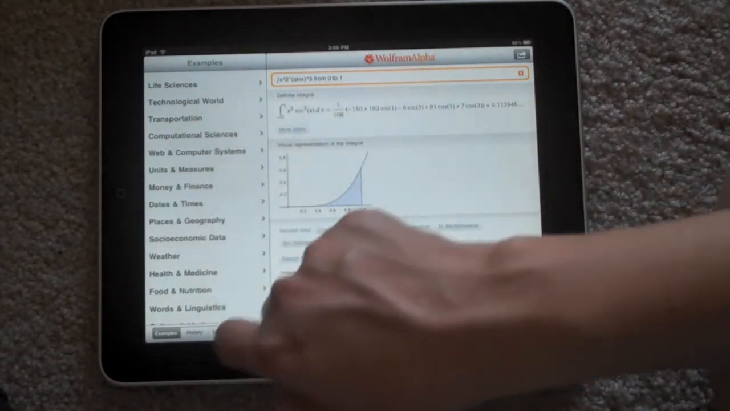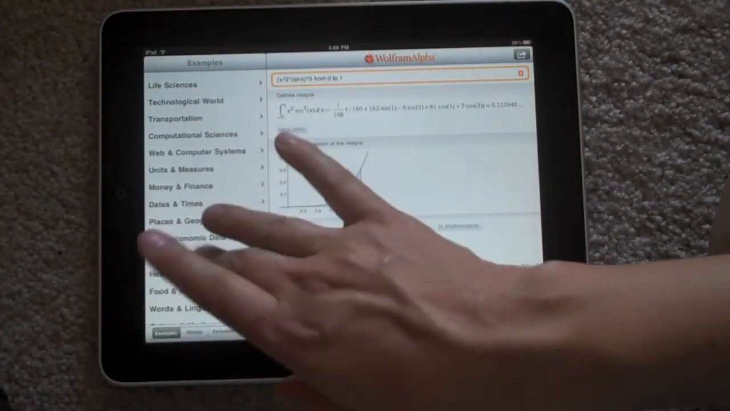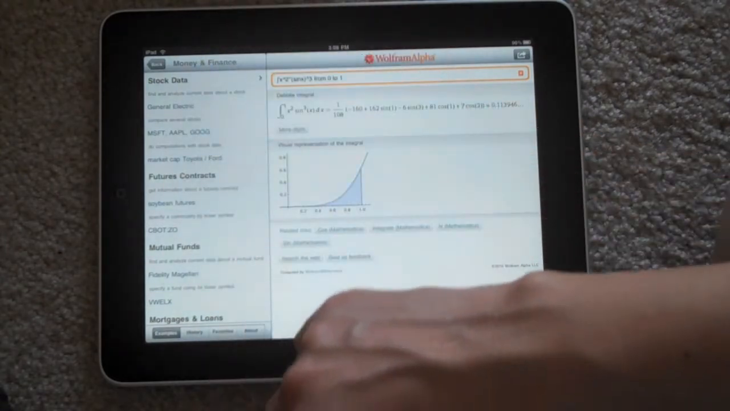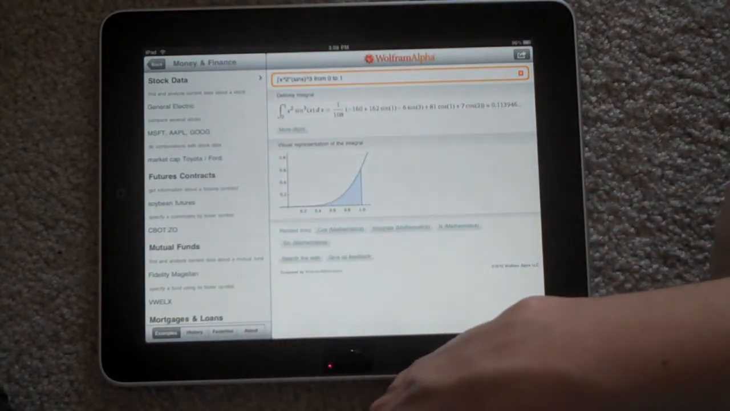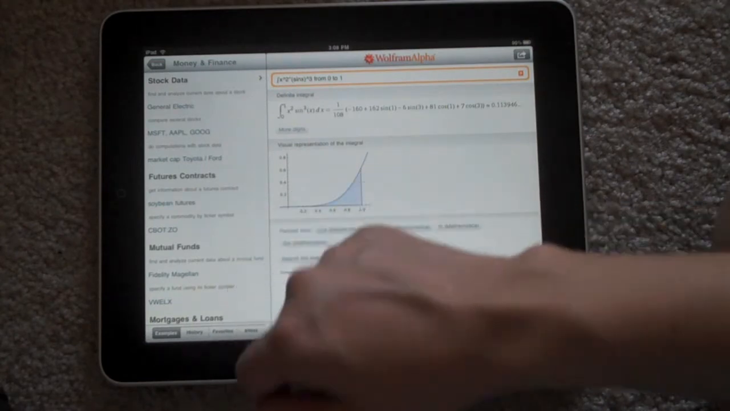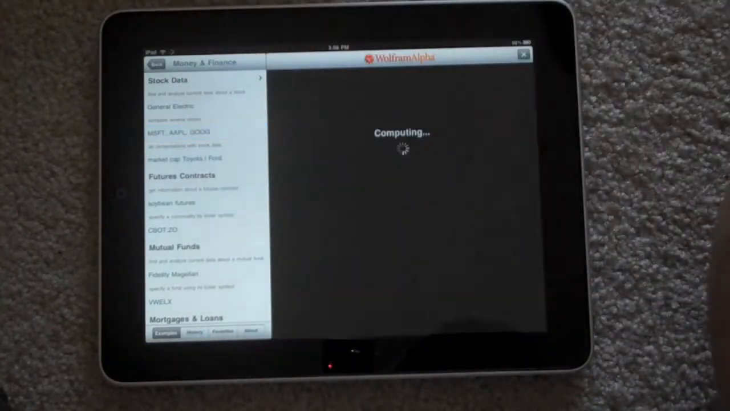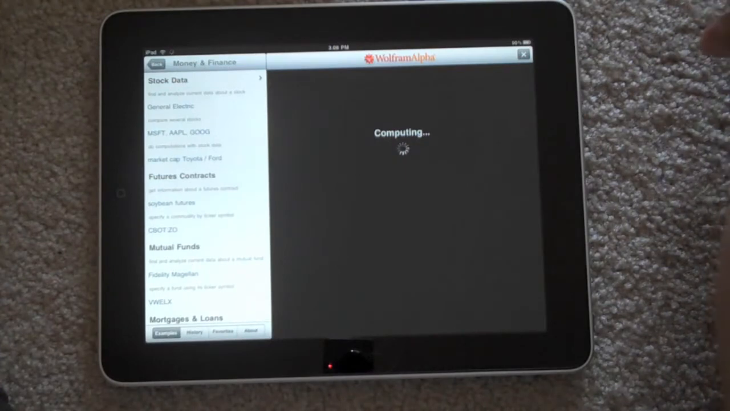Here's one many people might be interested in, that's stocks. Money and finance, I believe. So this is just a list of examples that WolframAlpha provides you with, so you can kind of get a feel of what it can do. But I can of course type in whatever I want. But I'm going to go ahead and use their example of Microsoft, Apple, and Google comparison